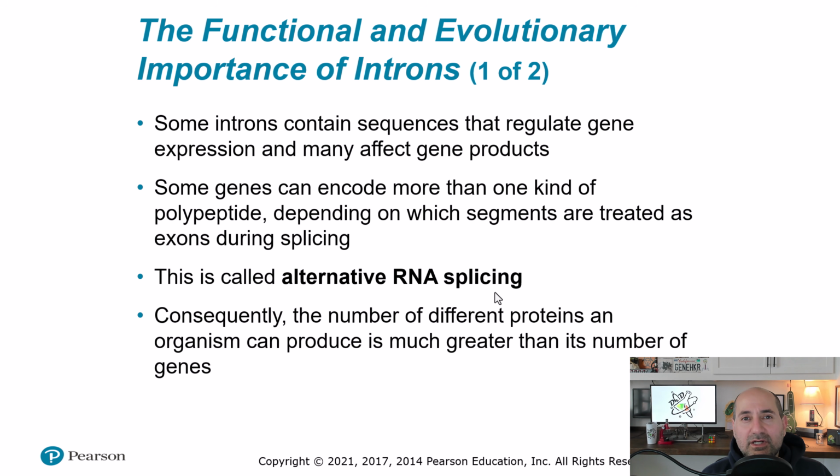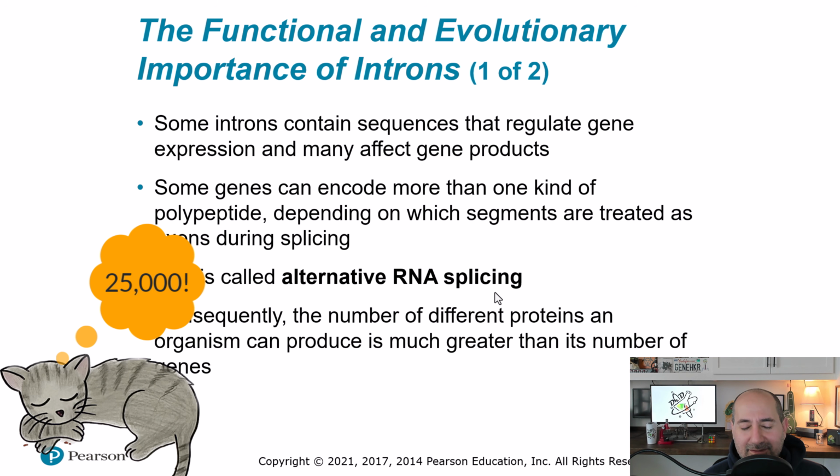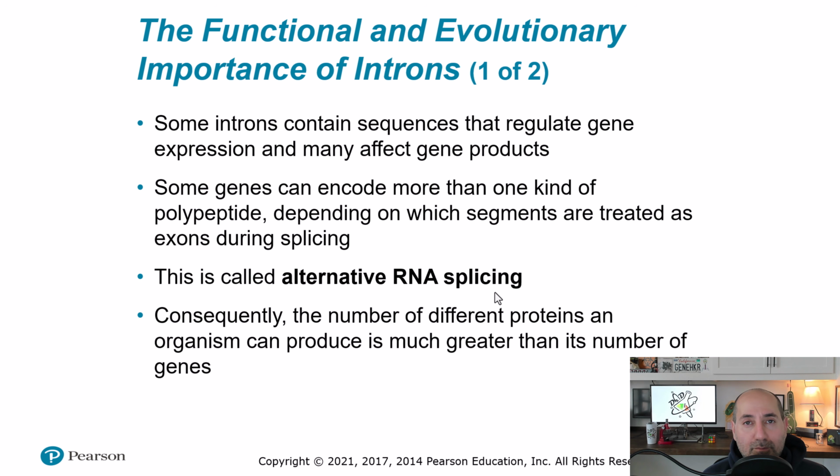There are somewhere upwards of 80,000 different proteins that your cells can make. However, there's only 25,000 genes. So somewhere the math doesn't add up, does it? Think about that. If a gene is supposed to code for a protein and you only have 25,000 genes, how many different proteins should you be able to make? Right, 25,000. If a gene codes for a protein, well then you should have 25,000 proteins because you have